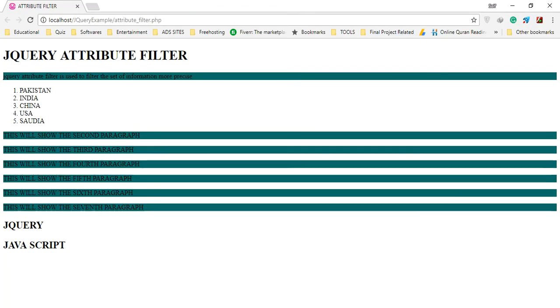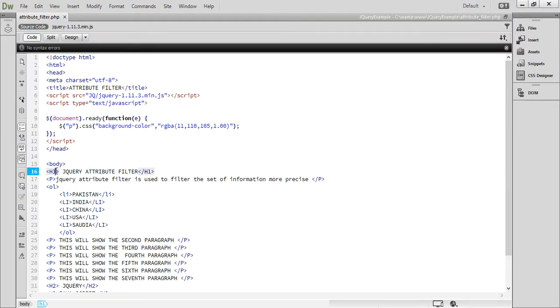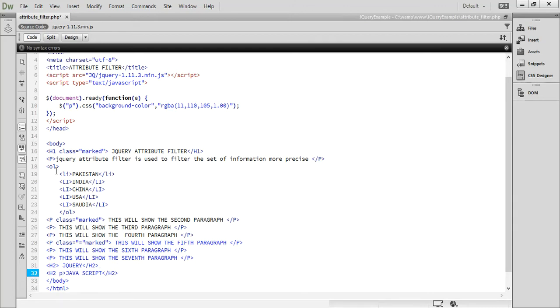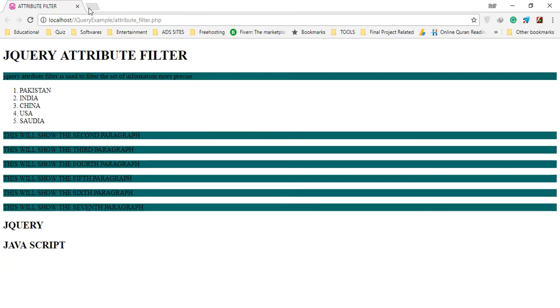highlighted automatically here. But if I am going to add a class here, a class named marked, and here I am adding P is equal to class marked. Okay, sorry, this was not equal. P class is equal to marked, and place another class is equal to marked. Okay, I thought there was some mistake. Now we will run this program, and we can see what the look will be, since we are